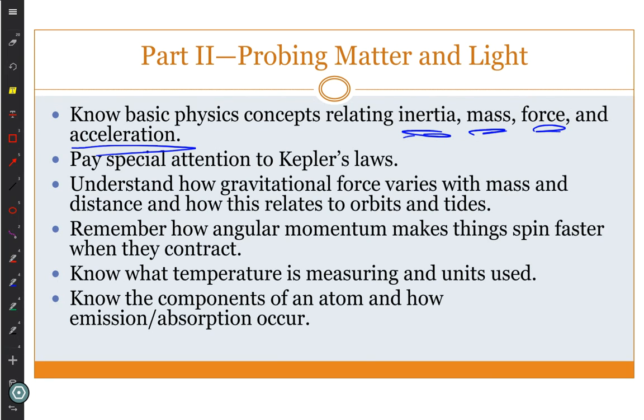He thought that you had natural positions, things naturally want to be on the ground. And you had natural motion. The natural motion was to get to that natural position and stay there. And it's Galileo who really gave us our clear understanding that things in motion want to stay in motion. And then Newton gave us the law, Newton's first law, that says things will stay in constant motion unless